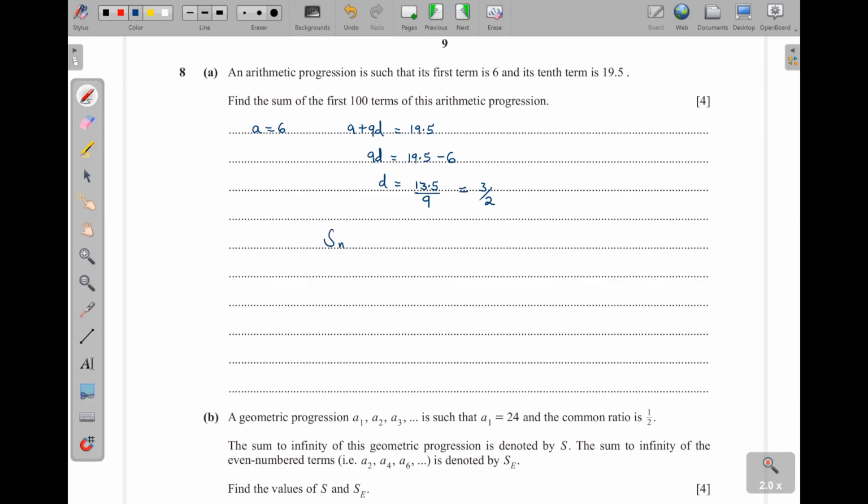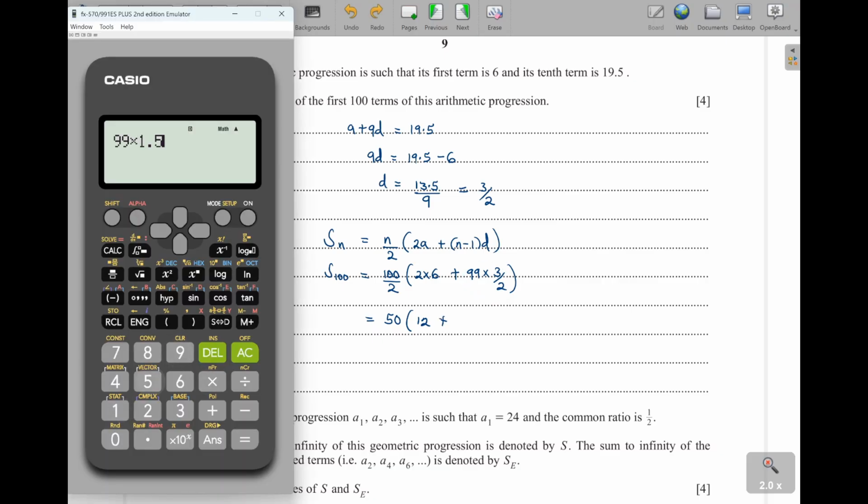Now we know that the sum of the first n terms of an AP is n over 2 into 2a, plus n minus 1 d. So meaning n is 100, so the sum of the first 100 terms will be 100 over 2 into 2 times our a, which is 6, plus, of course, 100 minus 1, that will be 99, times 3 over 2. So, of course, this one will give us 50. Then inside here we have 12. And then what do we have here? 99 times 1.5. That one gives us